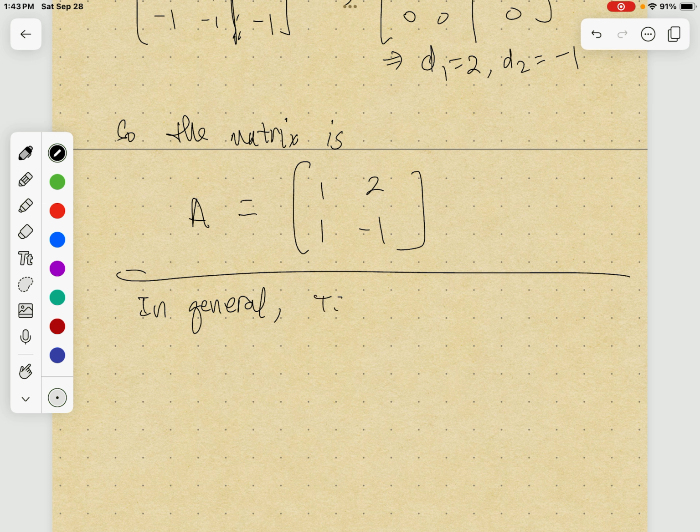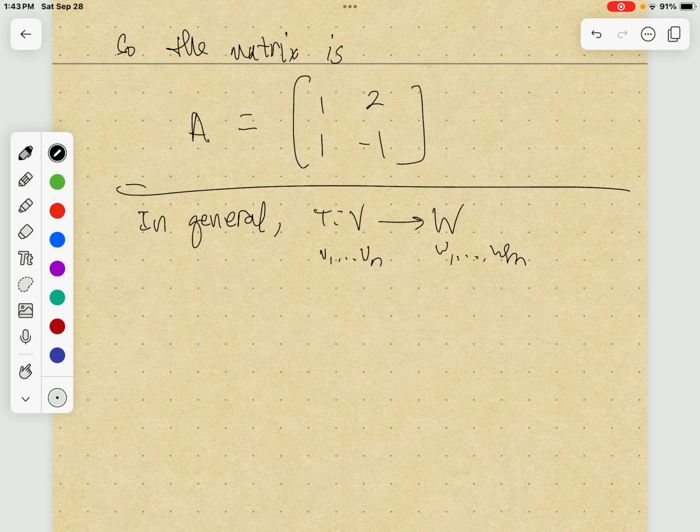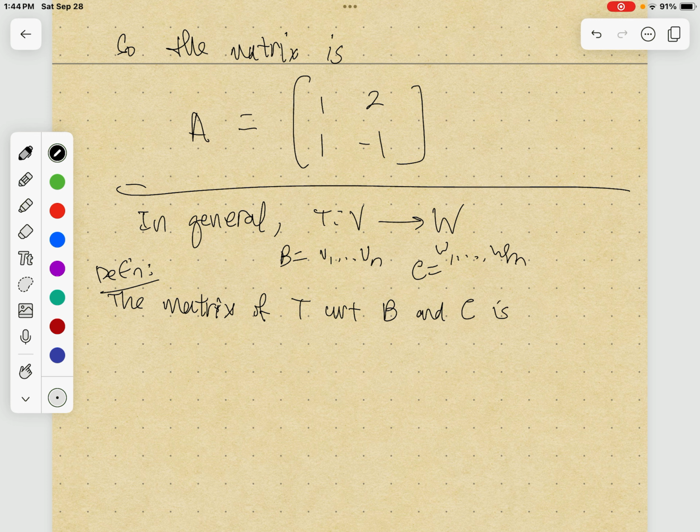If you have some linear transformation from V to W, and let's say that V1 through Vn is the basis for V, and W1 through Wm is the basis for W, then we're ready for the general definition: the matrix of T with respect to, let's call this basis B, and let's call this basis C, with respect to B and C is